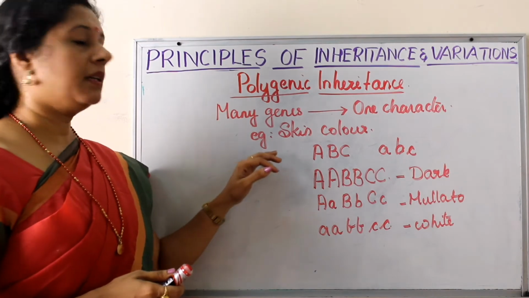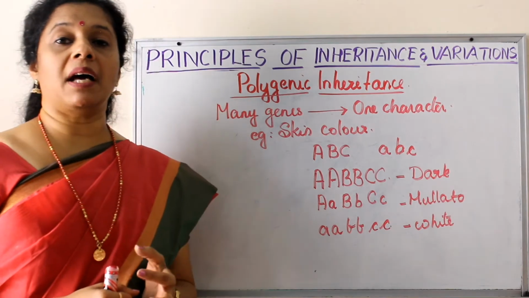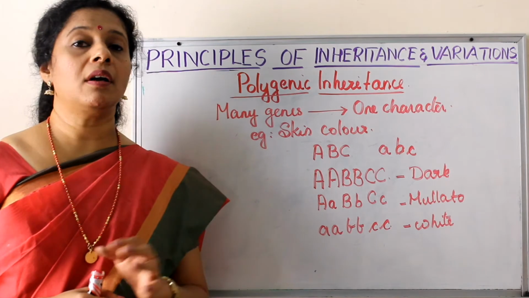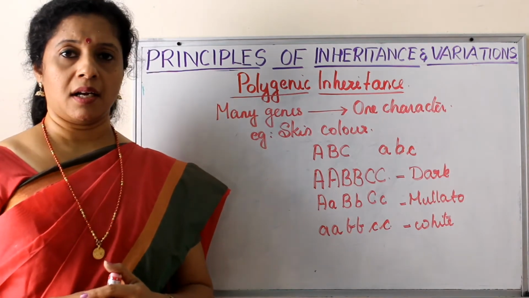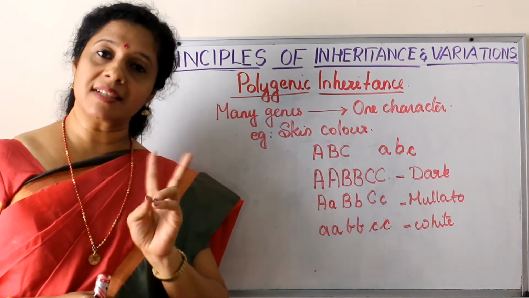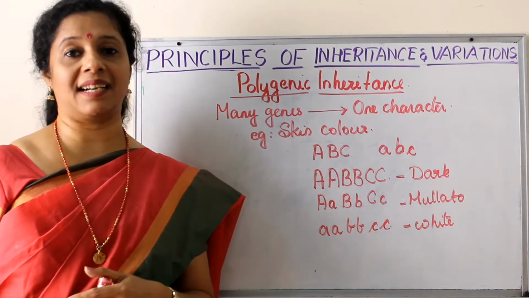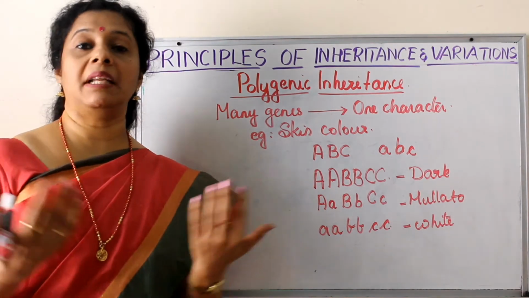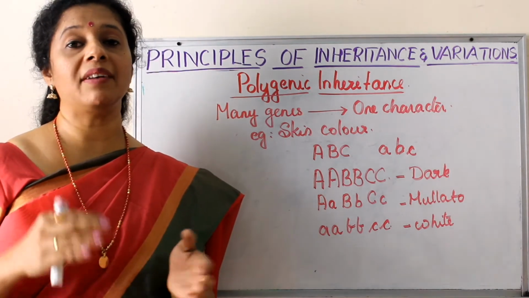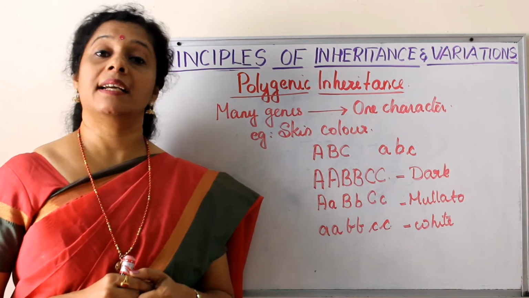For example, human skin color. So we know when Mendel did his experiment in the pea plant, he could find only two variations of flower color. Either violet flower or white flower, no other shades were there. But when we take human beings as an example, are we seeing only two shades around us, either dark or white? No, right? There are so many different shades of skin color. Though within a family, many members of the family may have different colors or skin tone. Right? No two people have exactly matching skin tone. So this is an example of polygenic inheritance.